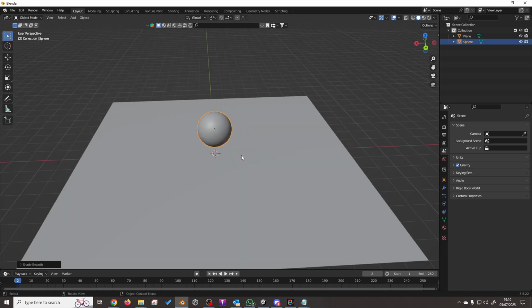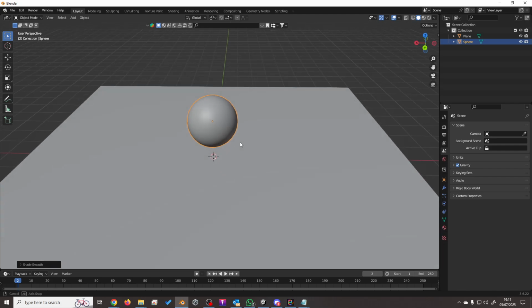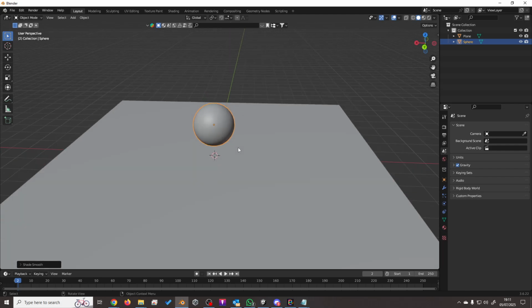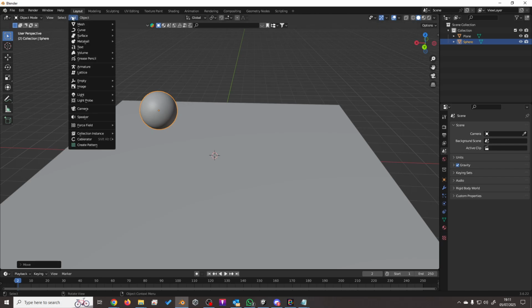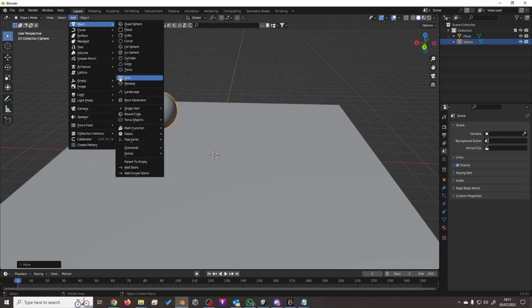That looks quite nice. You can also exclude axes as well, so I might want to move it on the X and the Y but not the Z. So I could hit G and then Shift and Z to exclude it, and you can see we've got the green and the red lines now, so we can move it on a flat plane and not move it up and down. So I'm going to move it over here, and I'm also going to bring in a torus